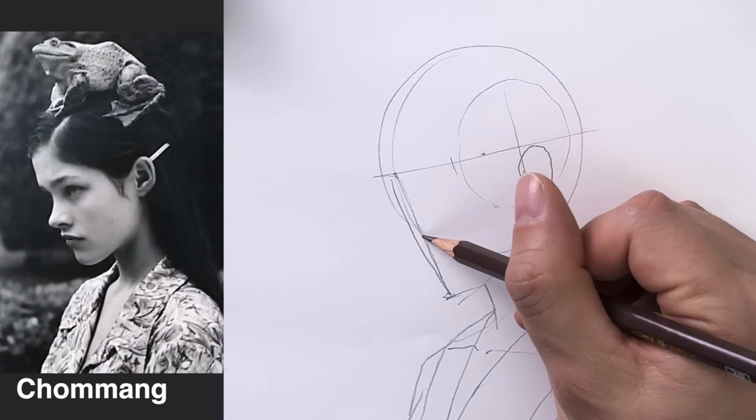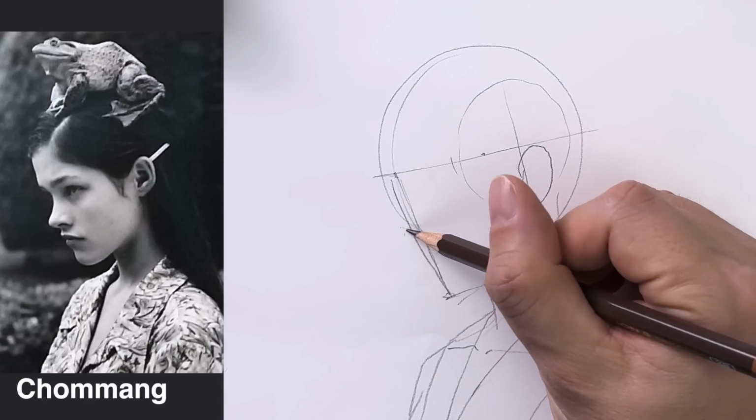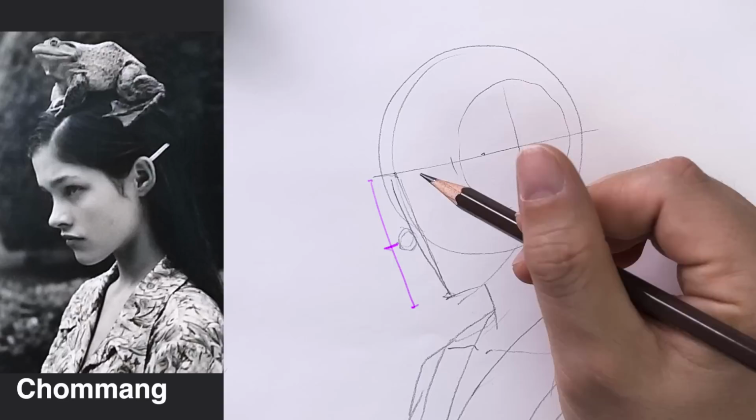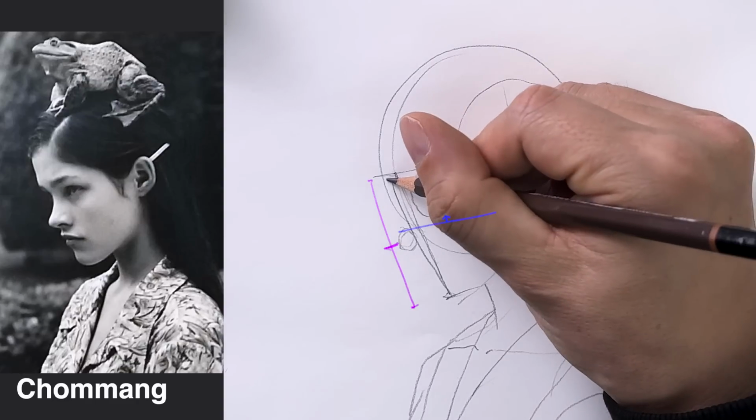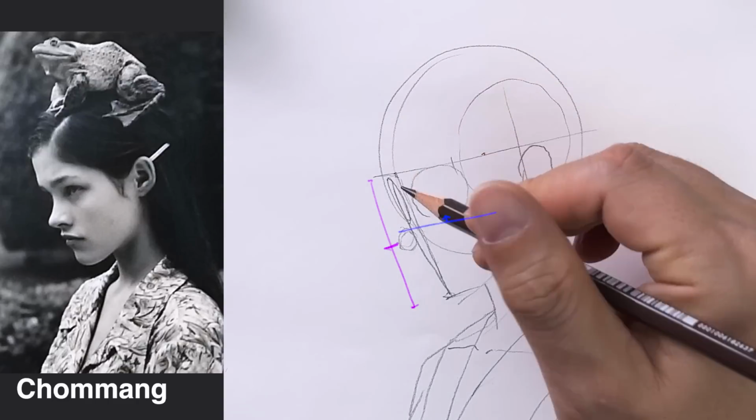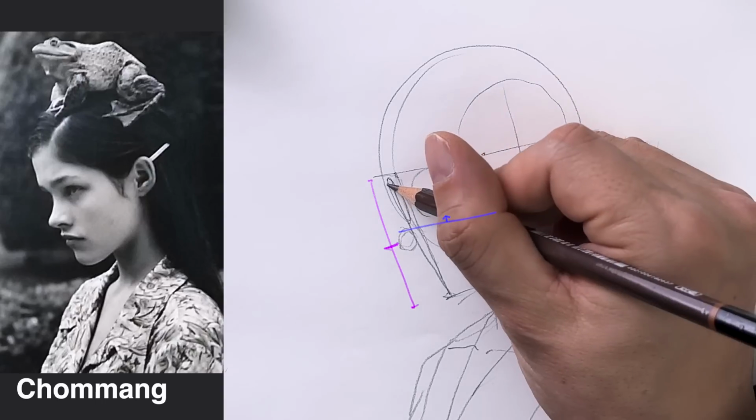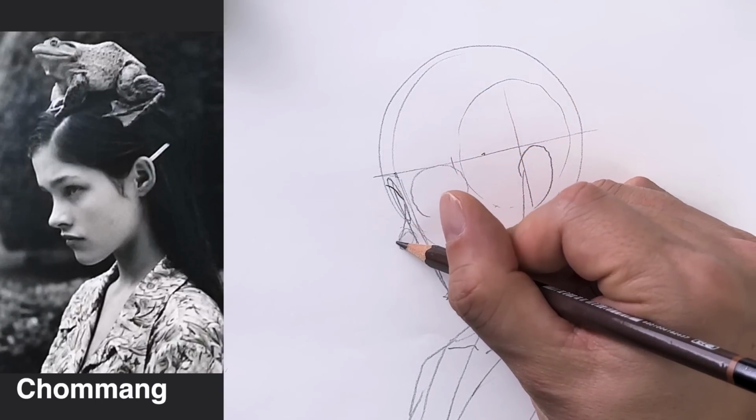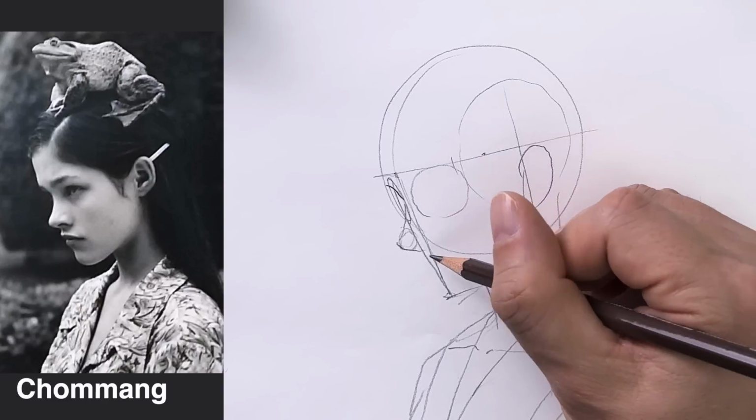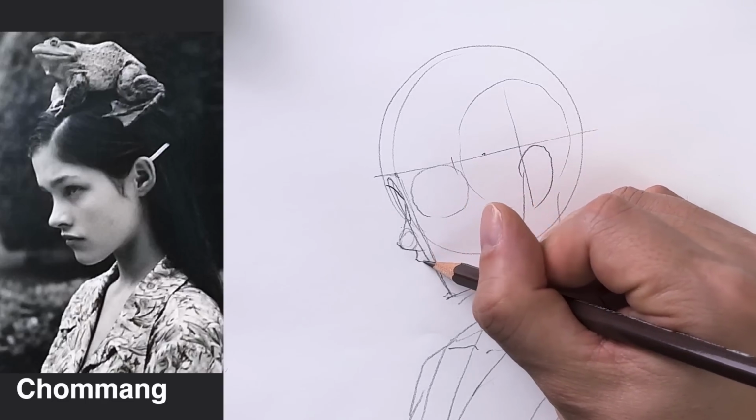Okay, let's find the position of the eyes, nose, and mouth. The nose is located in the middle between the eyebrows and the chin. The eye sockets are drawn slightly above the nose. And in this angle, the outer facial line directly follows the line of the nose, so let's draw it right away. Next, draw the connected lips